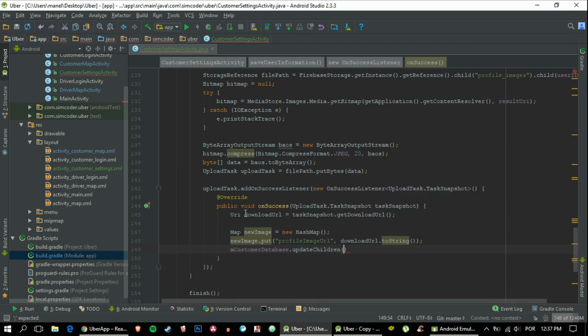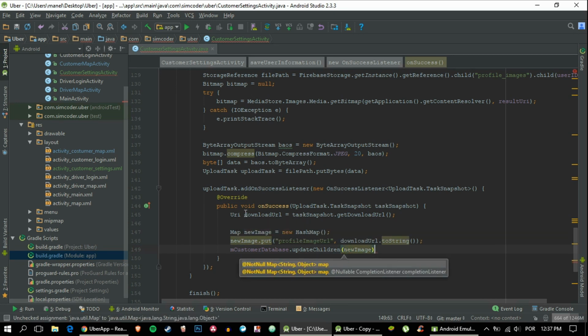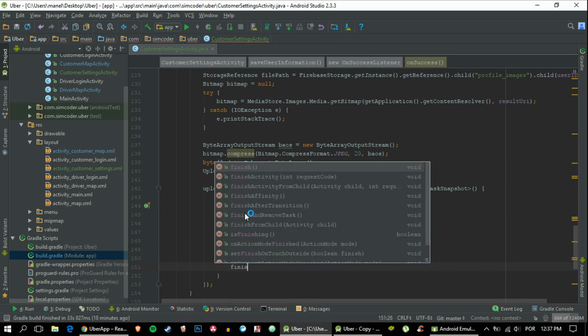So updateChildren(newImage), and after that we can finish